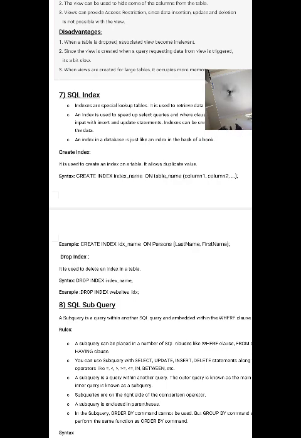If you have not created the index, it takes a lot of time, because it searches each and every record in the table. That is the problem. So you have to create the index like this.